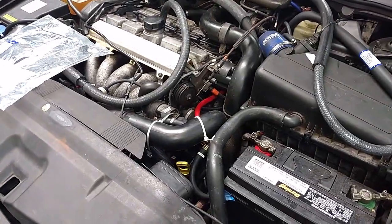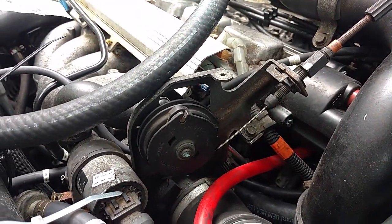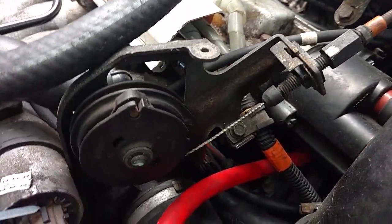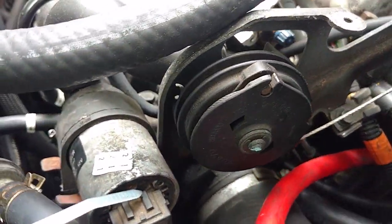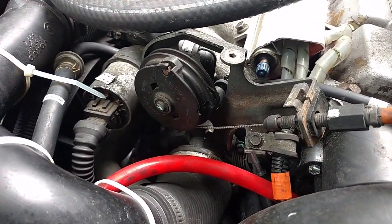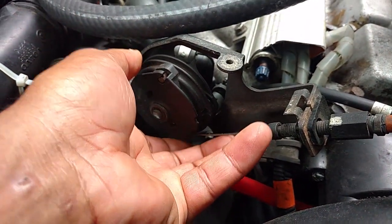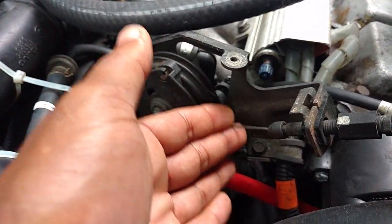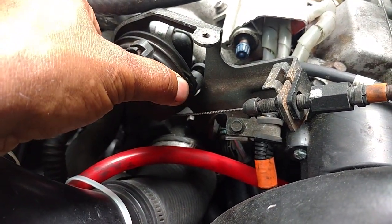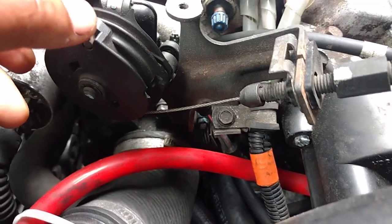Most important thing on this job is to make sure that the throttle cable is adjusted properly when you're done and that you route the cable properly. People have a tendency to want to route these things other ways other than through the bottom and up like you see it there. At any rate, when this accelerator is let go like it is and everything's sitting idle, when you move this cable, you should hear a click. There's a little slack in this cable, which I'm kind of surprised, but at any rate, when you move the cable, you should hear a click in the throttle body,